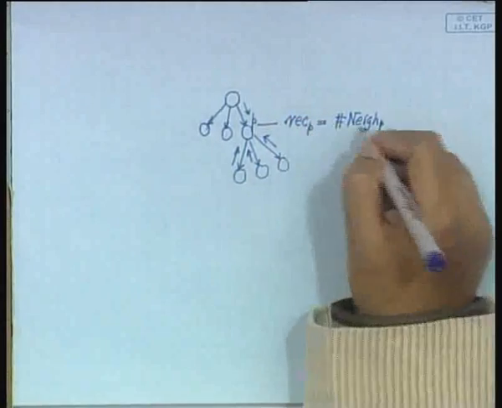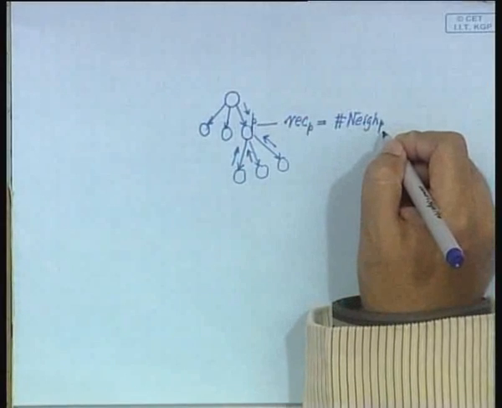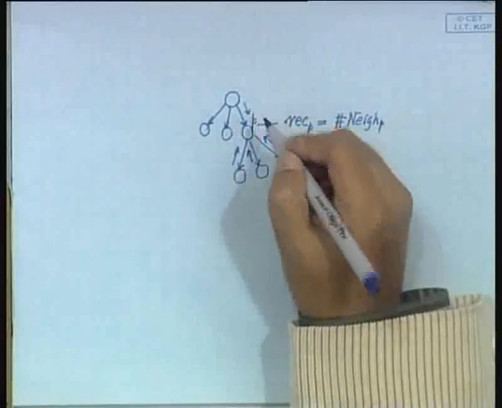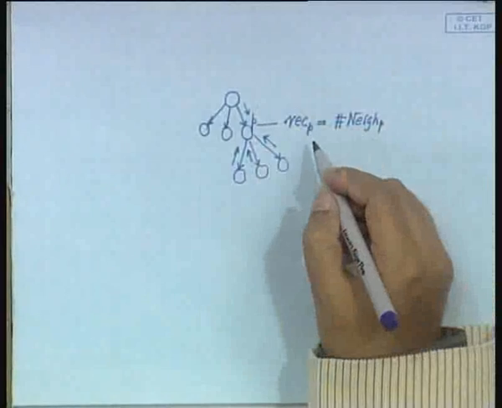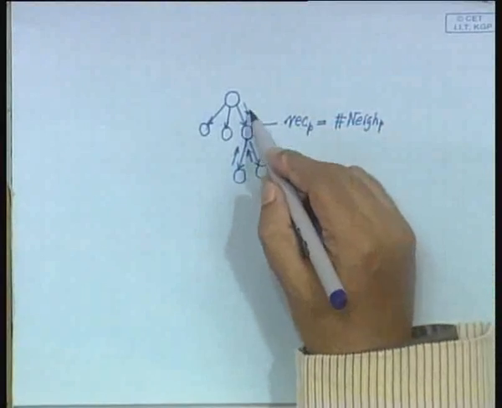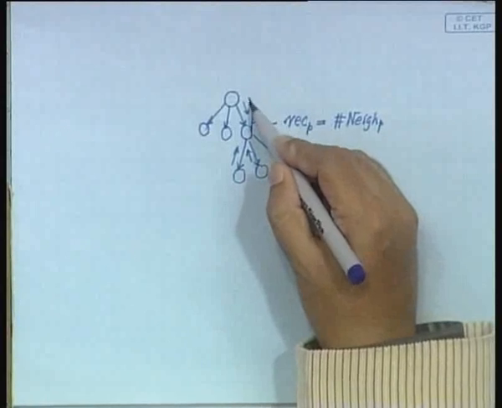So, RECP has become equal to the number of neighbors of P, and at this point of time it is going to send a token back to its parent,